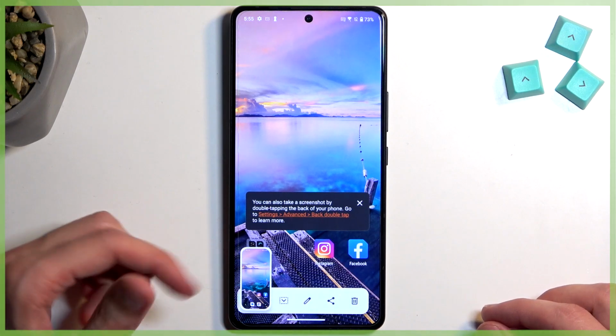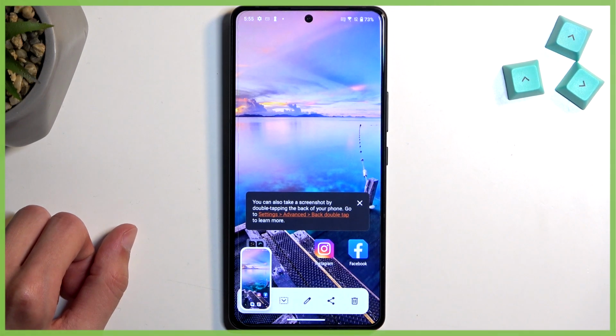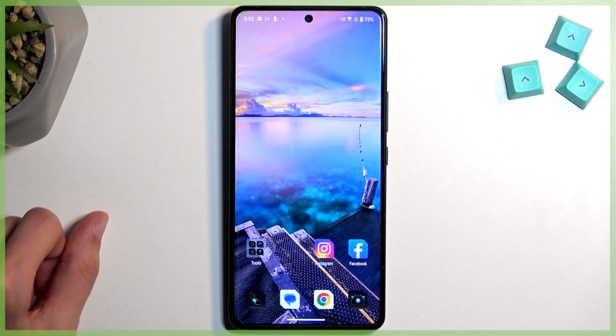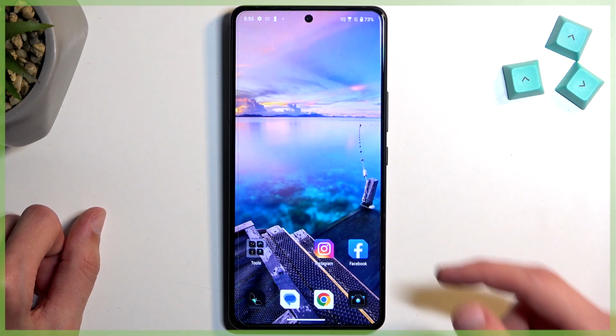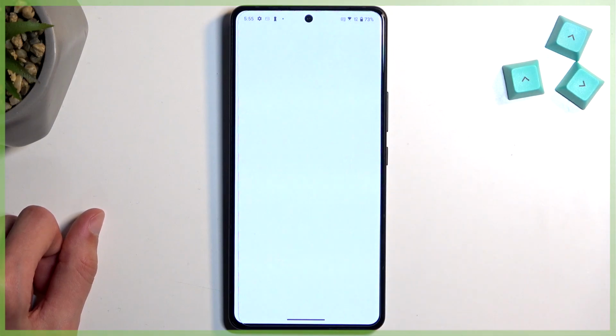You'll have the flash along with the pop-up with scroll, edit, share, and delete options visible, and this, as you can see, disappears after a moment. Once it does so, you can find your captured screenshot in your Photos application,